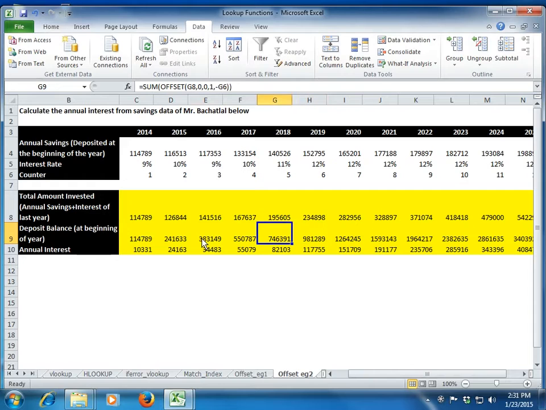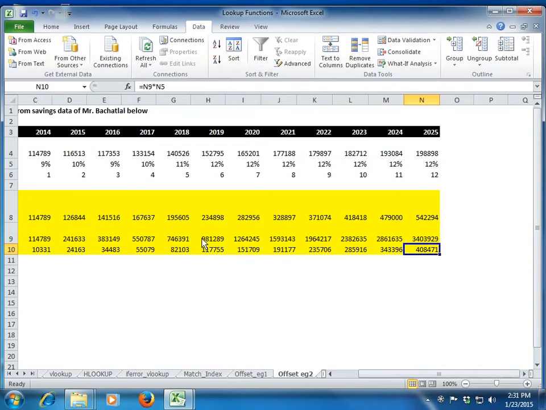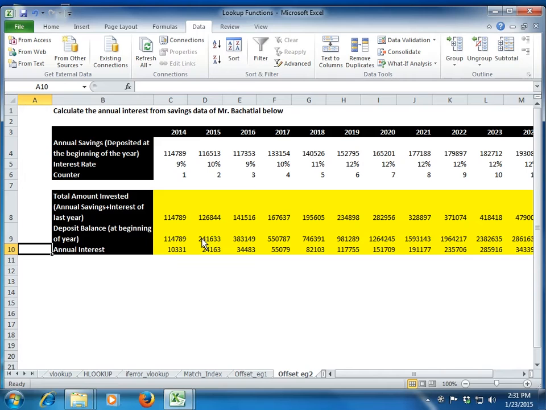Right. So if I manually have to do it, for every single cell, I'll have to go and select this formula and keep changing the formula. But by using an offset function along with the height and the width feature, I can do it in one go. And I am able to calculate my annual interest every year. Clear? So this is one beautiful application of the offset function, wherein I want my data ranges to keep changing when I am summing or doing any other functions on the data.